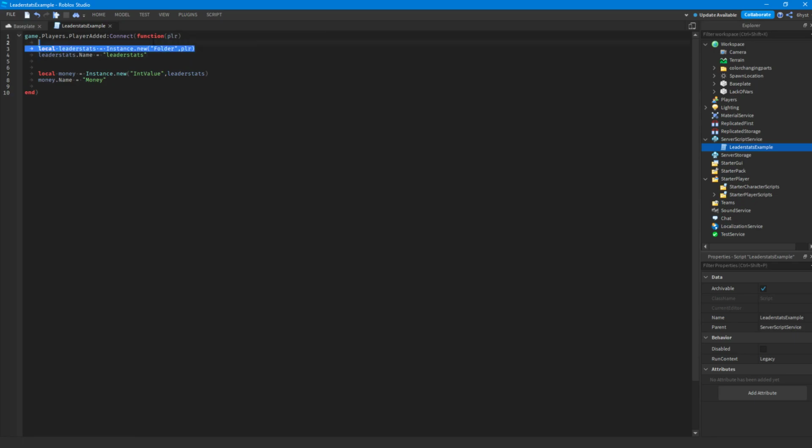Another thing is when you're using Instance.new, you can obviously parent the instance that you're creating to whatever instance you want with the second argument here. So we've got player and we're parenting it to the player here. But this is actually bad practice and it's considered inefficient and unoptimized. So usually, instead of passing the instance you want as a parent in the second argument, you want to set it manually outside of the Instance.new function,